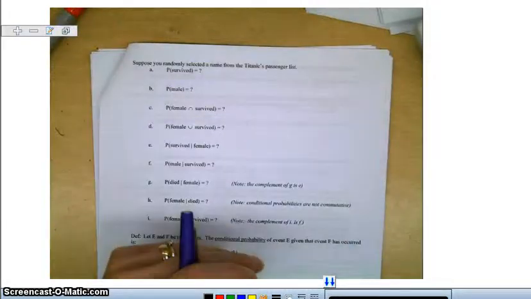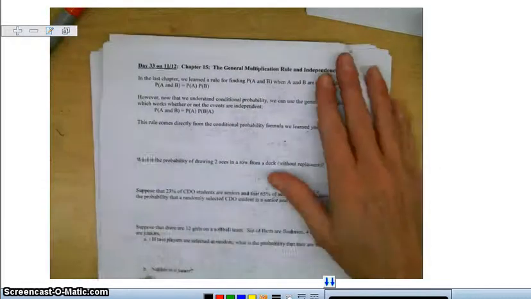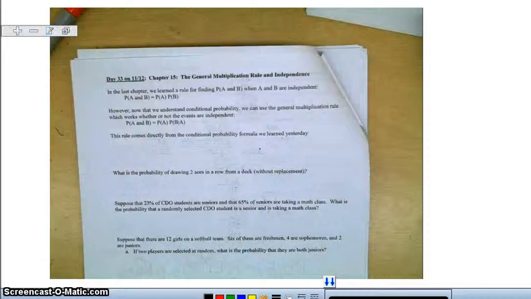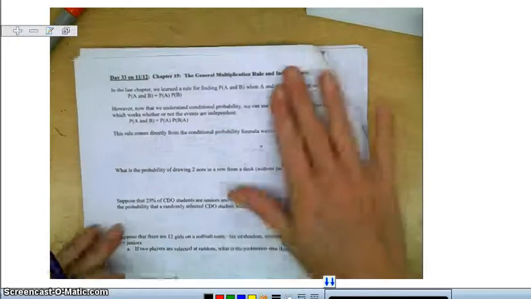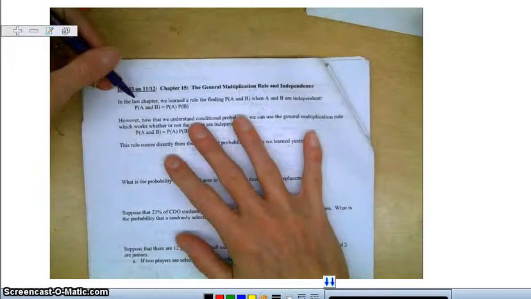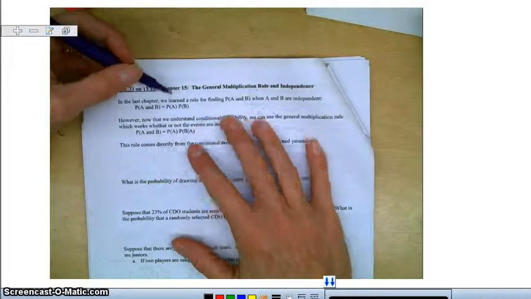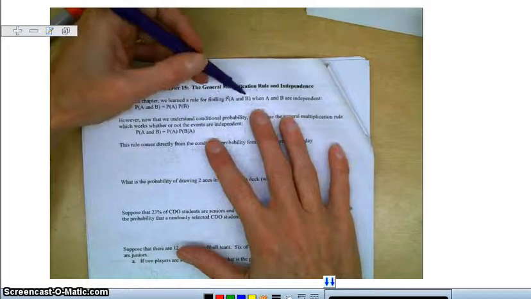All right, today we're going to talk about chapter 15. We're going to talk about the general multiplication rule. This is D33, the general multiplication rule and independence. So in the last chapter, chapter 14, we learned the probability rule for finding the probability of A and B